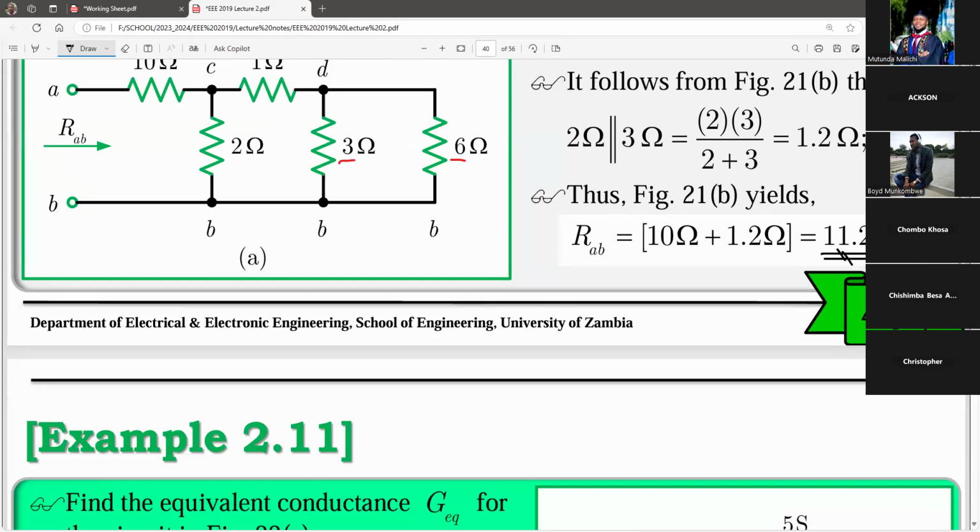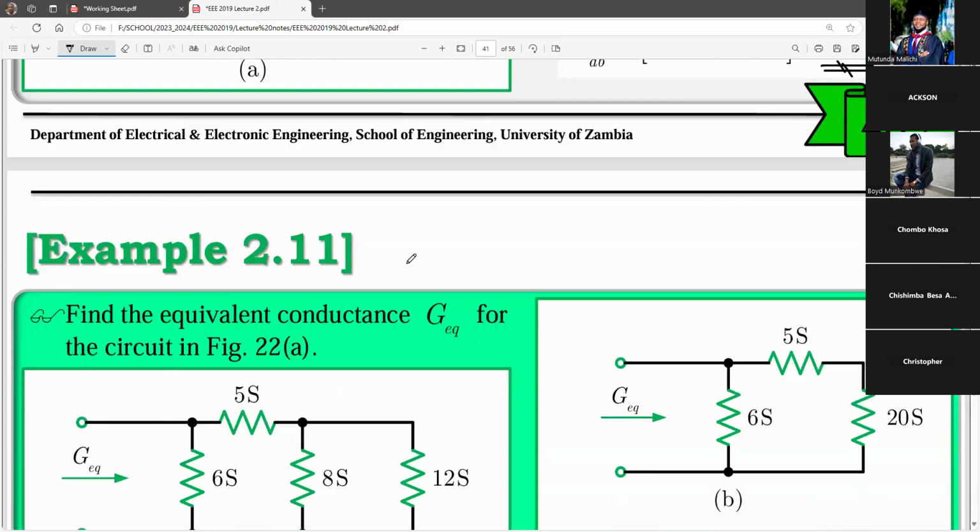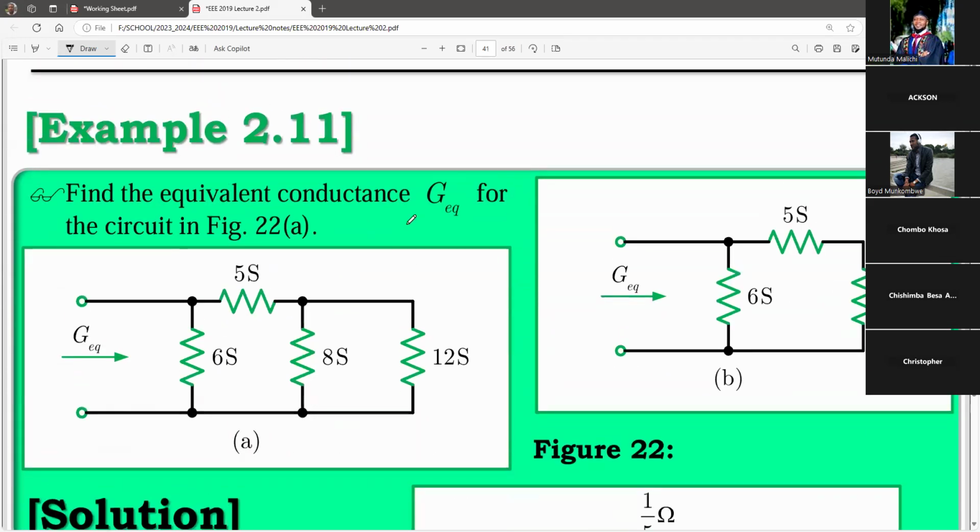Okay, if that's okay, then there's another example here, example 2.11. Find the equivalent conductance for the circuit that is shown in figure 22A. If you look at this, they're asking us to find what GEQ is, okay? But then when you look at the circuit, you realize that from the circuit,